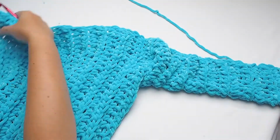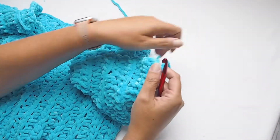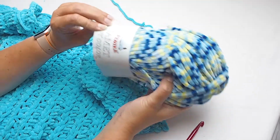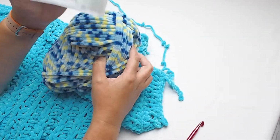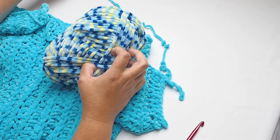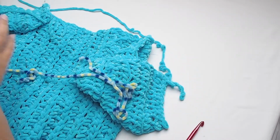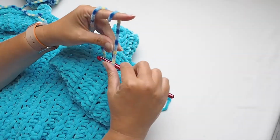You see, this is how the sweater will look. So I will start here on the corner of the sleeve, and I will use this nice colorful yarn. It's again the same type of yarn, very soft, velvet, bulky yarn. I will use the same crochet hook and start with a slip knot and attach the yarn on the corner